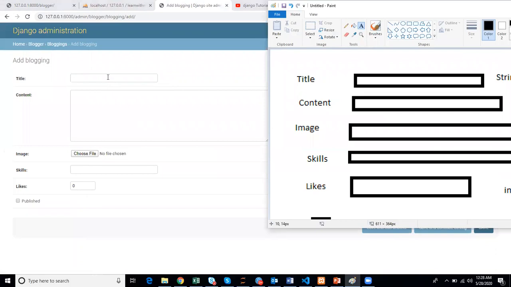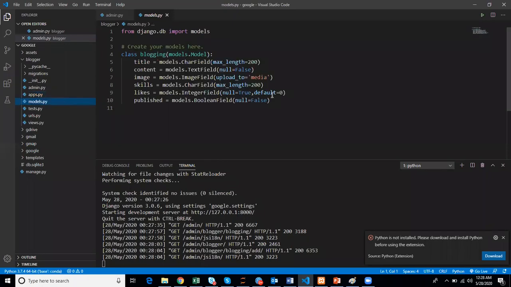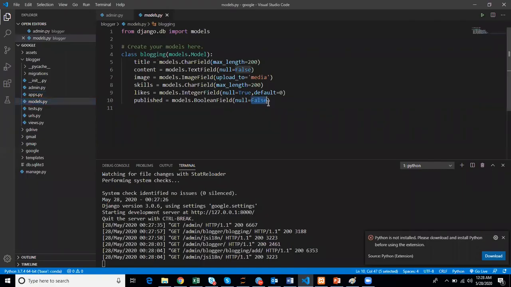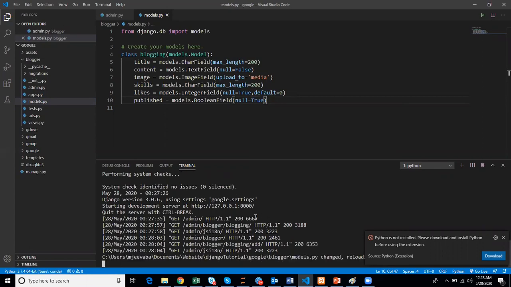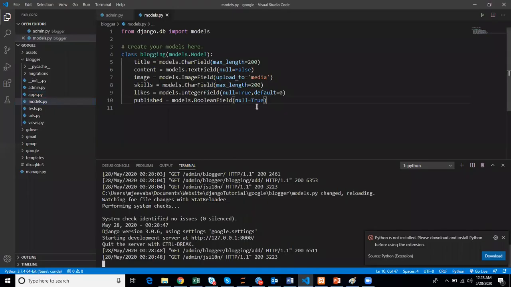You can see this is a text field, this content is free text, and this is an upload image. All these things can come. Also, this is an integer, and we have given the default value 0. Published is a boolean, so it is showing published. If it is null, it is a false. If I modify this to true, you could see different kinds of things, but it won't accept it usually because of our code. You could see the page automatically changing based on the settings.